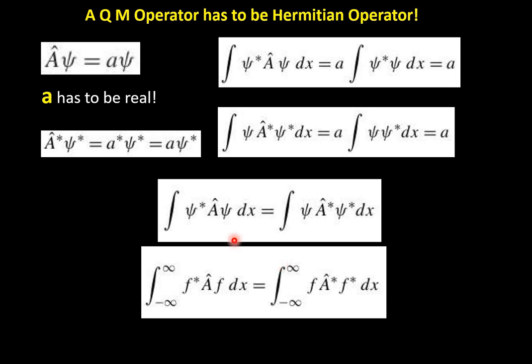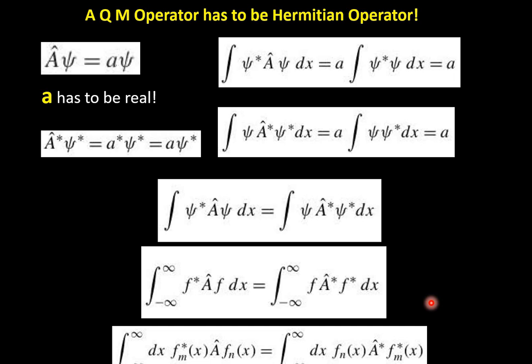Actually, a bit more general way to write it is ∫ ψ* Aψ dx = ∫ ψ A* ψ* dx. So as if you are taking this ψ towards the left and this ψ* towards the right. And more generally, what we can say is that